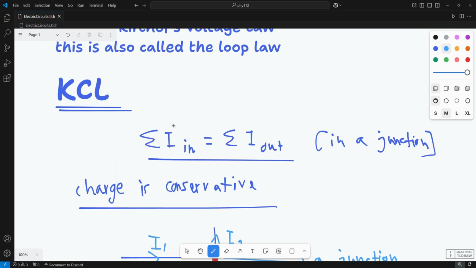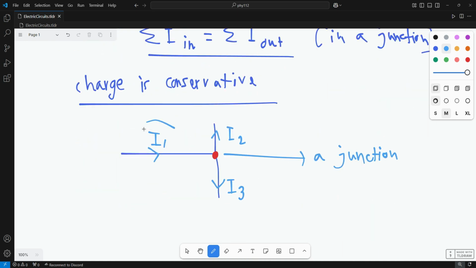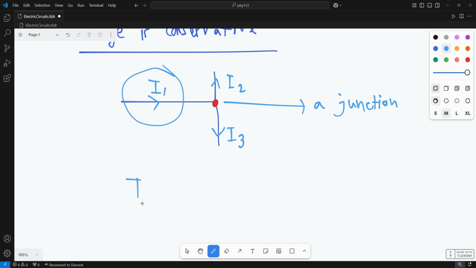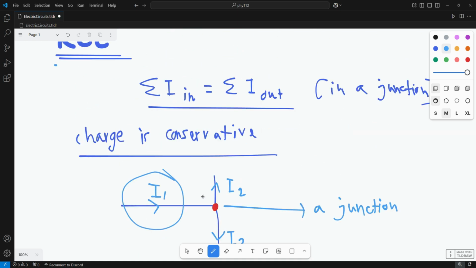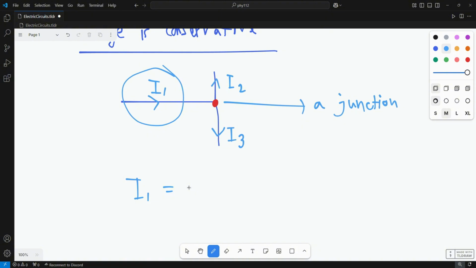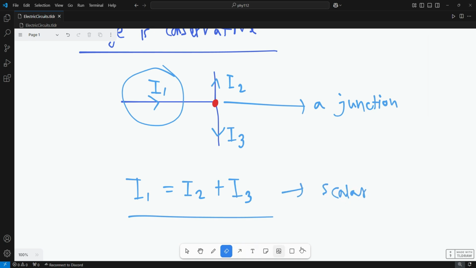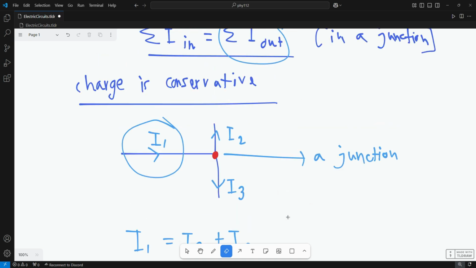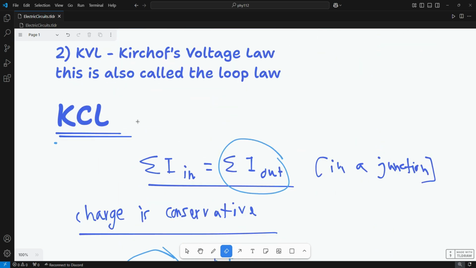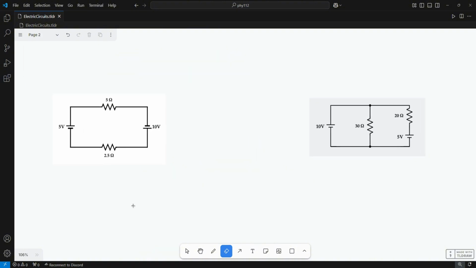And according to KCL, we can write the summation of ingoing current is equal to the summation of outgoing current. We can write this as current is scalar, so we can just do normal addition or subtraction here. So this is KCL, and if we take a quick look at an example regarding KCL, we can see here